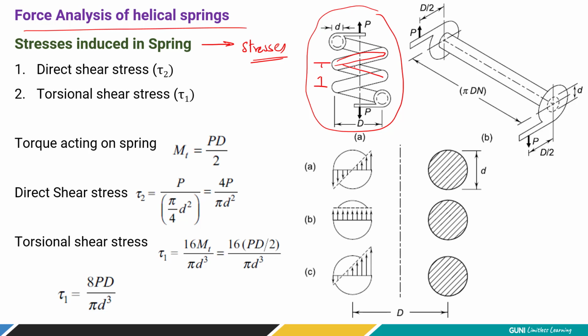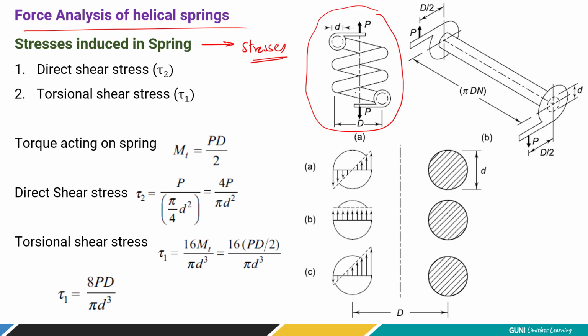Just imagine a helical compression spring, you are compressing it. Each turn of coil is being twisted. Grip your two hands at a level and try to move them up and down. That is called twisting motion. By twisting action only, this spring works. Just look over here, it is going to twist like this. Similarly this coil is going to twist like this, and this coil with respect to this fixed point is going to twist like this. So each coil is going to twist with respect to each other. Here twisting action is observed.